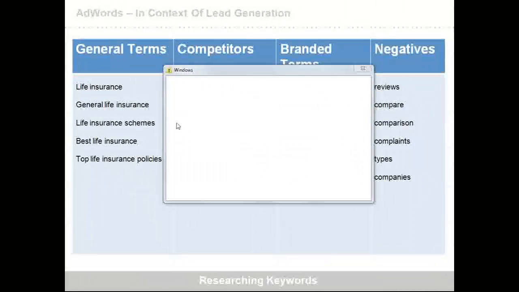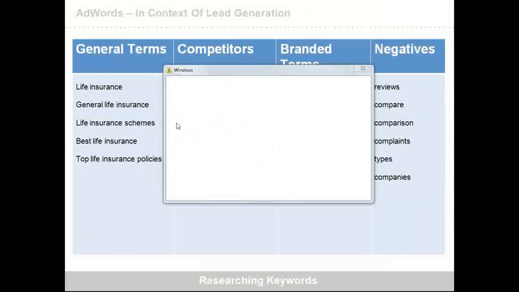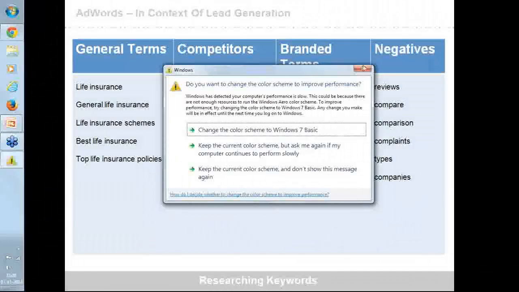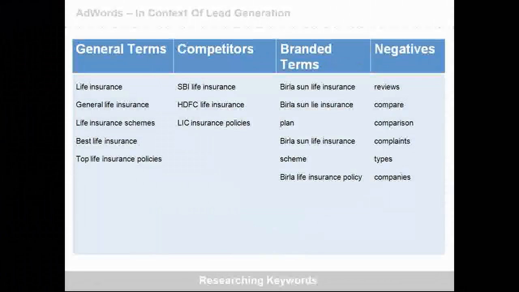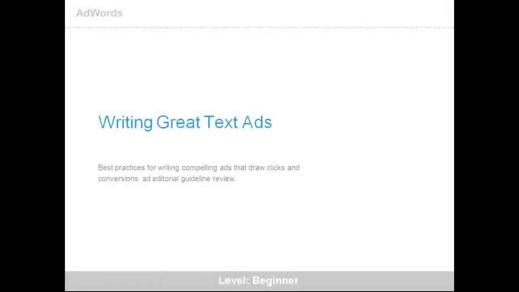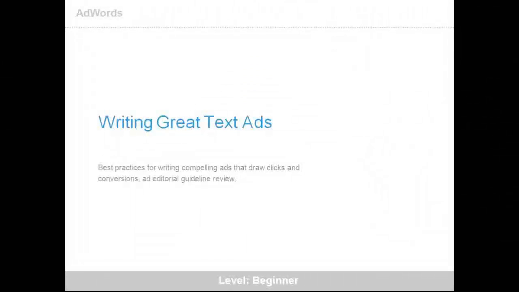Alright, so just to put it in context, let's say you're looking at life insurance, where leads are absolutely important. Nobody really goes out and buys, let's say, a term insurance completely online. They've done enough research about it. Insurance and finance is definitely one of those verticals that completely works on the basis of leads.